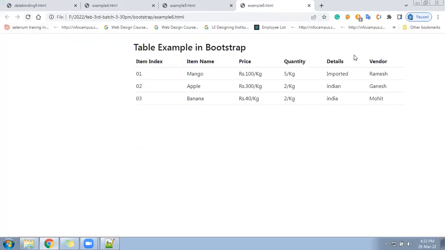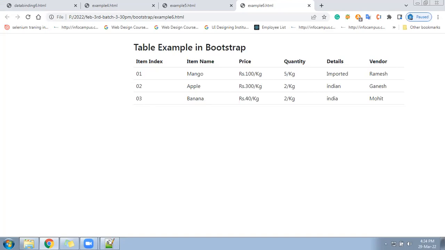See, something like this. The table becomes 100% width. After that, inside the table, a border also got applied, but it is not on the complete table.